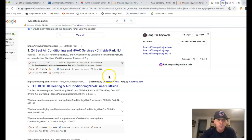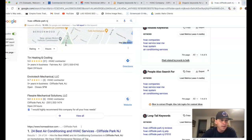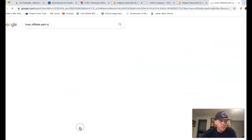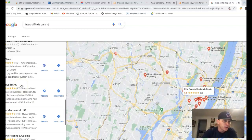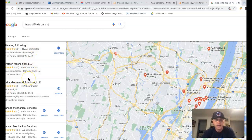Kind of give you an idea here. If I go inside of Google and type in HVAC Cliffside Park NJ, this is what you're going to see. You have this little map section here at the very top. A bunch of businesses are competing to get to the very top, even multiple pages as well. And to get right here so you can actually get those leads coming in, this little listing, you're going to